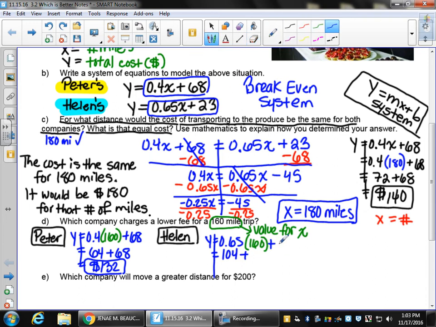There we go. Plus 23. Okay, so 104 plus 23 equals 127. So now we need to actually answer the question. Which company charges a lower fee for 160 miles? Helen's company is cheaper. Helen is the answer. Helen's is cheaper